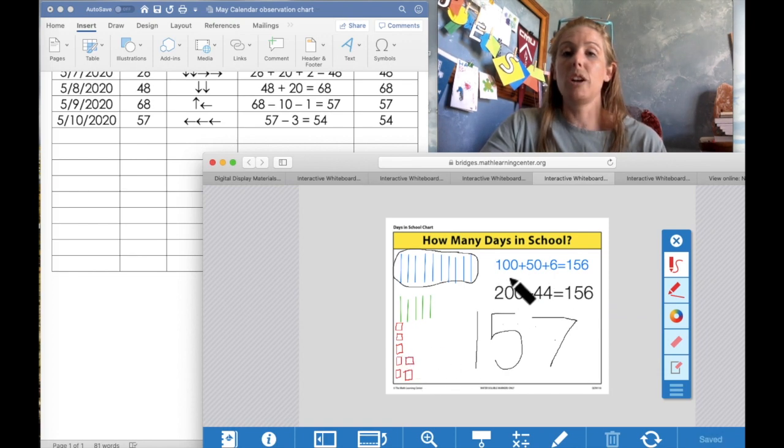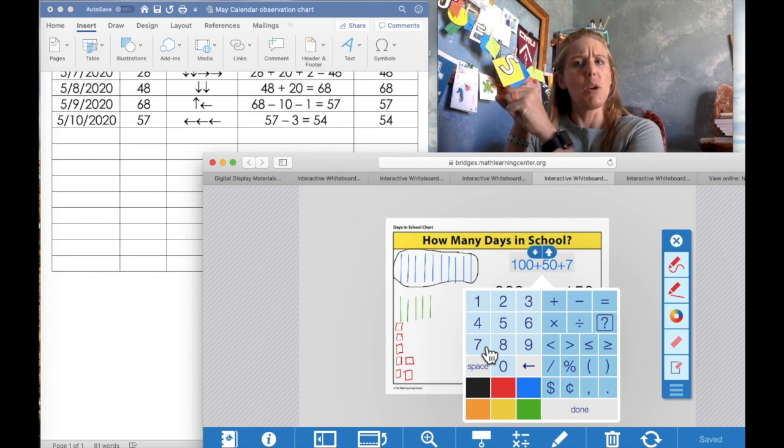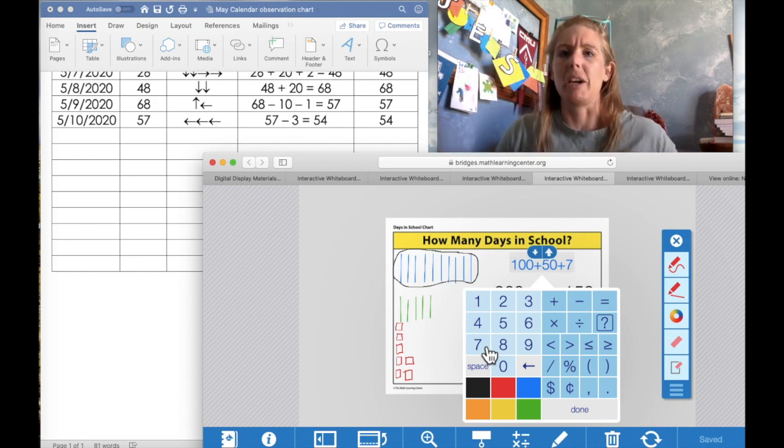157. Let's look at our expanded notation equation. Remember, this one matches our picture over here. So what are we going to have to change? 156? We want it to equal 157. That's right, we're going to change the 6 into a 7. You guys are off the hook today. I want you to pretend you have your fishing pole and cast out your fishing pole, reel it on in, say, I'm off the hook, Miss Gansko. Oh my goodness, you guys are doing so well today. Equals